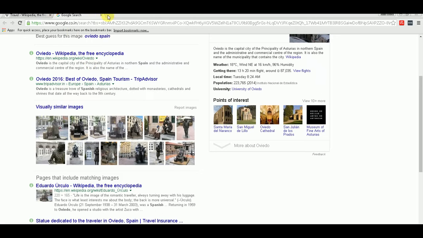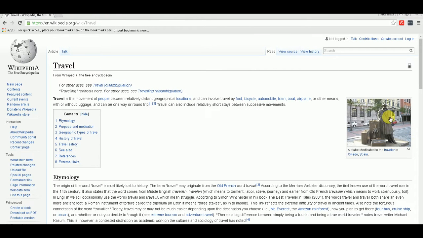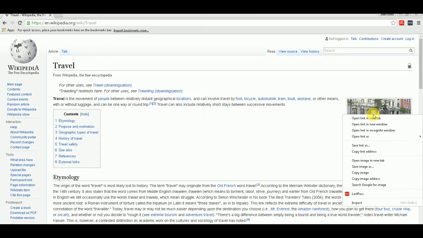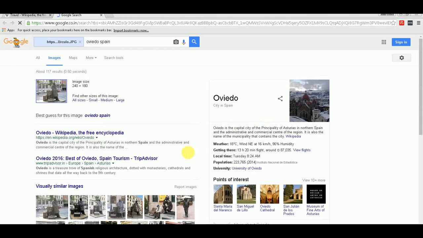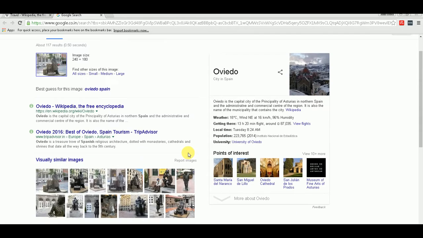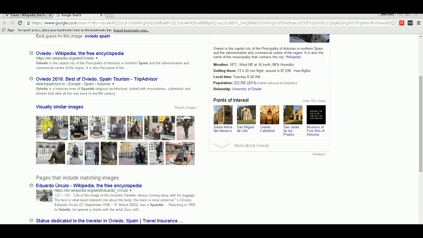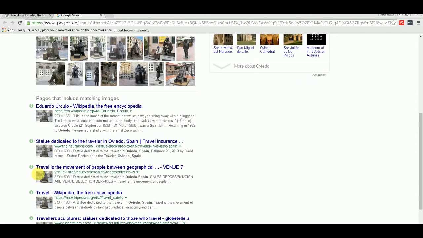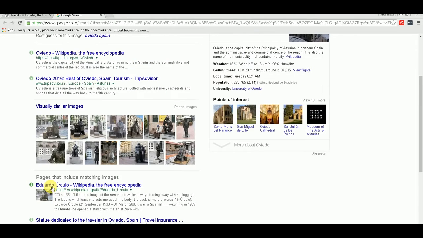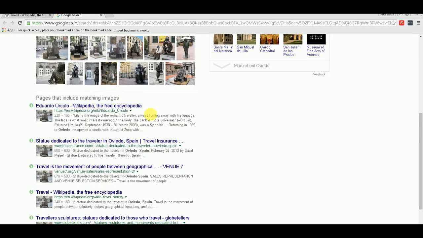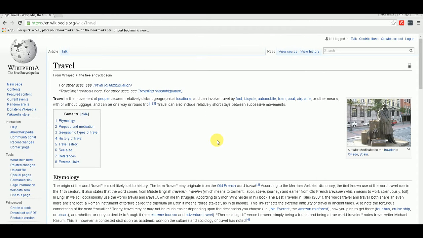And the second thing you can do, if you want to use a shortcut, you just right click and press S, and it will automatically search that image and related images, as already done. So these are the related images, similar images, and this image has been used on these websites. You can also find this image used on various websites. The same image is used by these websites. So this way you can do a reverse image search using Chrome, which is a very good feature, I would say.